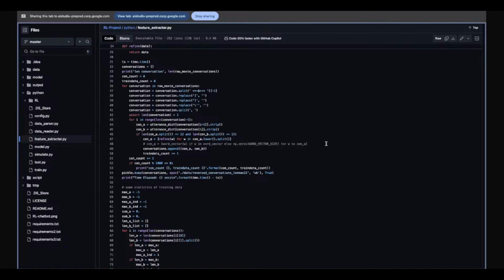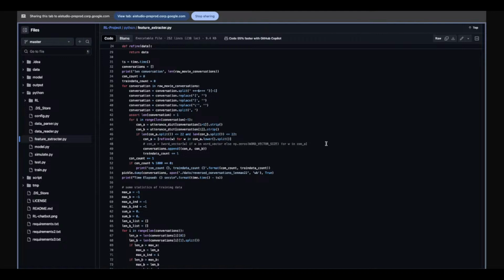Yes. What does this snippet of code do? Okay, I see the highlighted code snippet in the images. It appears to be processing movie conversation data. The code iterates through each conversation in raw_movie_conversations. For each conversation, it splits the string into individual utterances based on +++$+++. Then it replaces several characters and it then asserts that there are at least two utterances in the conversation and goes through